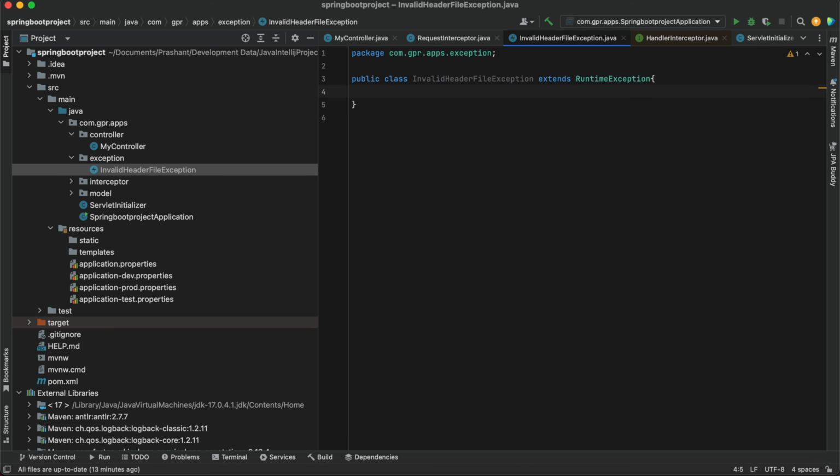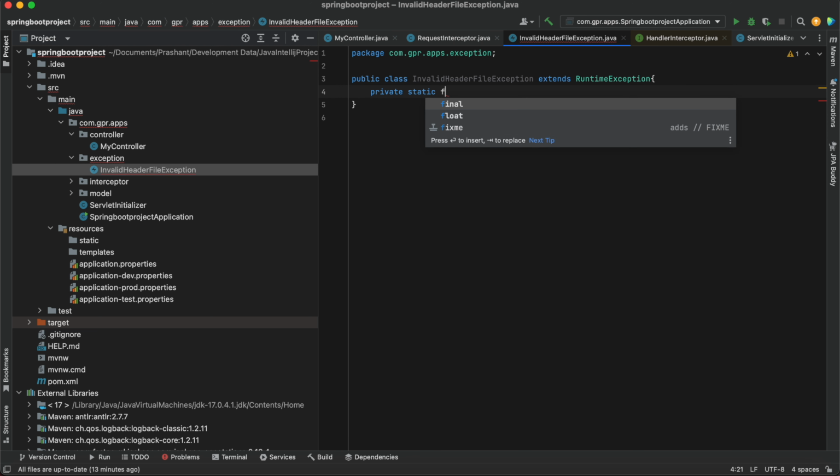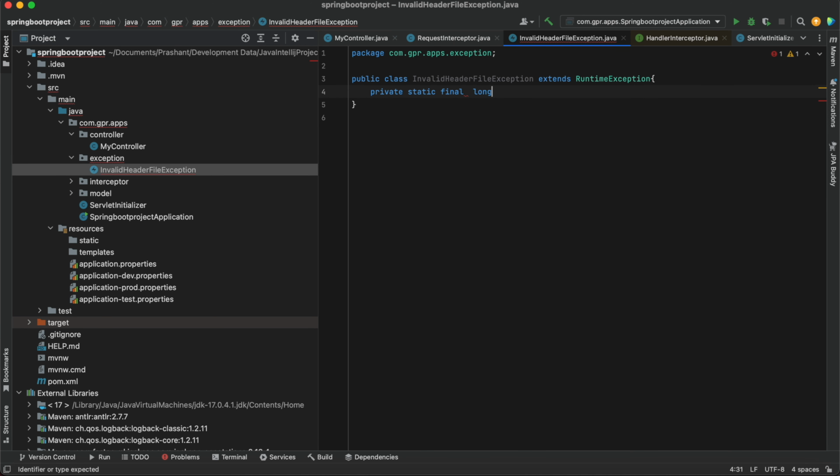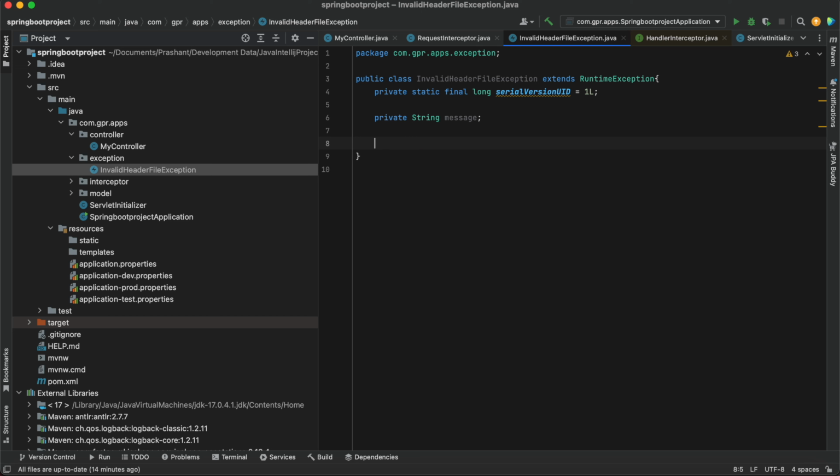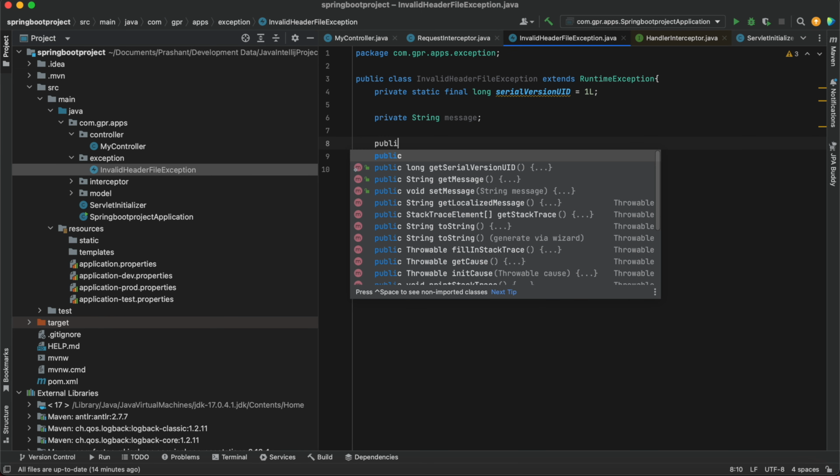Okay, and let me just add private static final long serialVersionUID. This should be in camel case variable name, and then I'll be adding one message, private String message, and just one